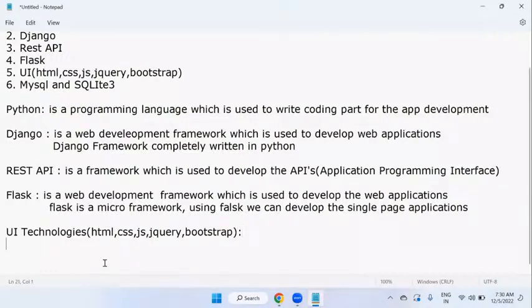In these UI technologies, there are a lot of things like HTML. So why is HTML required here? HTML stands for hypertext markup language. As you know, it is used to prepare web pages only. Okay. So if you want to describe the actual content of the website, then HTML is required. HTML is used to generate